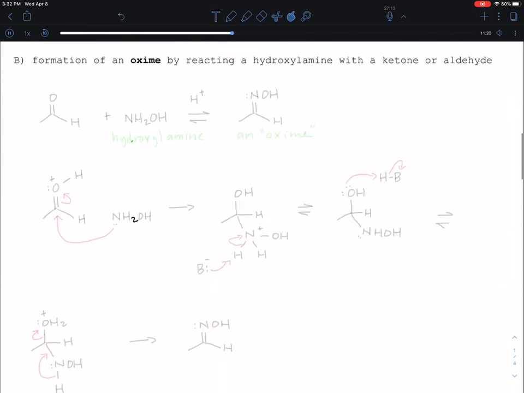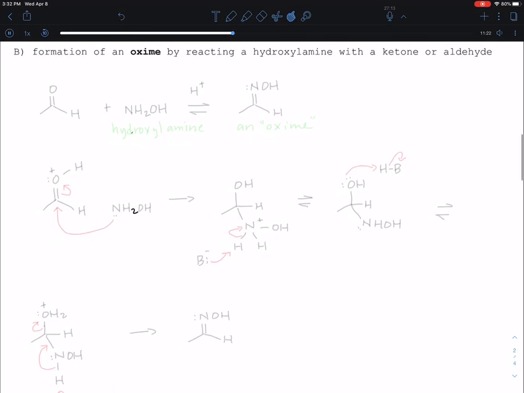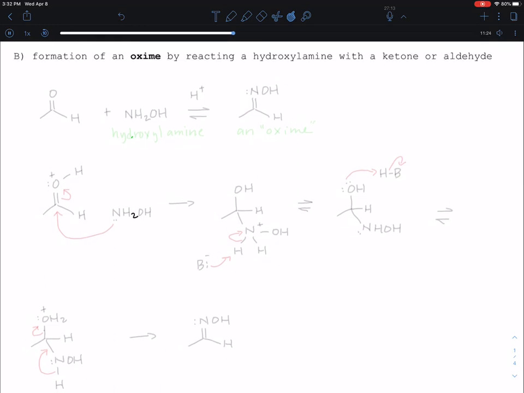How about hydroxylamine? We can make another type of group called an oxime by reacting hydroxylamine with some aldehyde or ketone. Let's use an aldehyde this time. We'll use a simple aldehyde. Right? Just ethanol is fine. We're going to use hydroxylamine. So the amino part and then the hydroxyl group. There's hydroxylamine. Under acidic conditions,